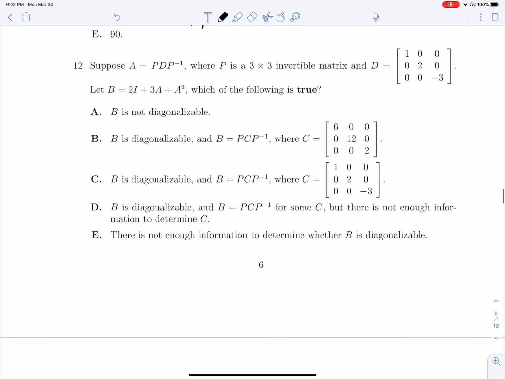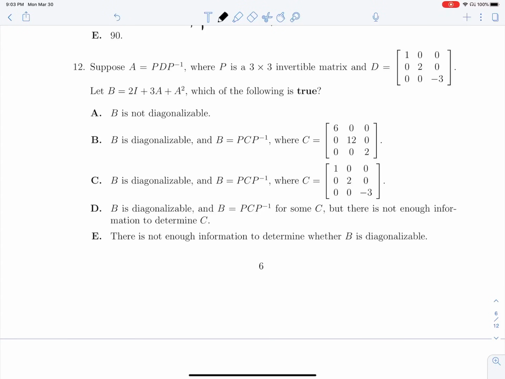12, suppose that A is equal to P inverse multiplied by D multiplied by P, where P is a 3x3 invertible matrix and D is given there. Let B be 2I plus 3A plus A squared. Which of the following is true? So we know that since P is an invertible matrix